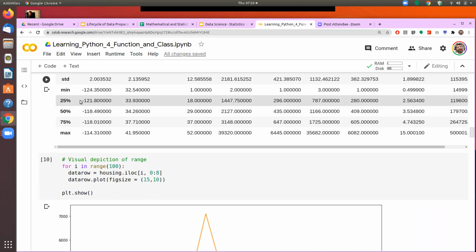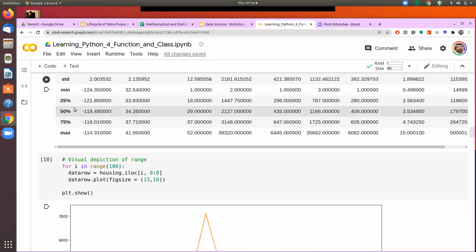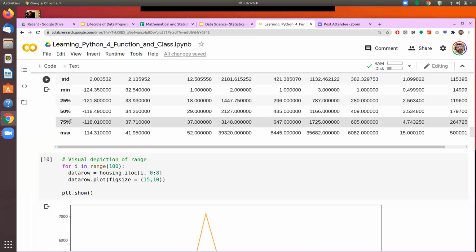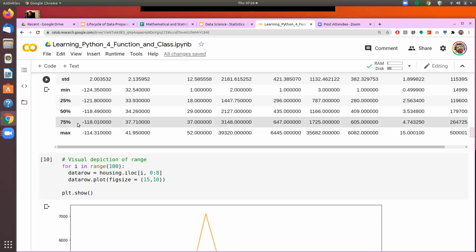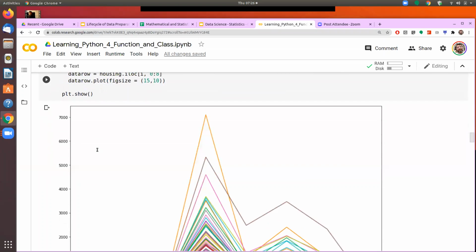So you see, I am using two words interchangeably. Sometimes I say percentile and sometimes I say quartile. Percentile means 75%, and when I say quartile, 0 to 25% is my first quartile, 25% to 50% is the second quartile, and so on. So I have Q1, Q2, Q3, and 75% to max would be Q4. So Q3 minus Q1 is my IQR, or the interquartile range.